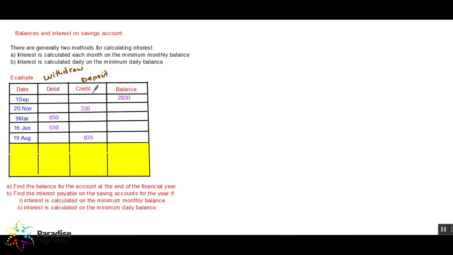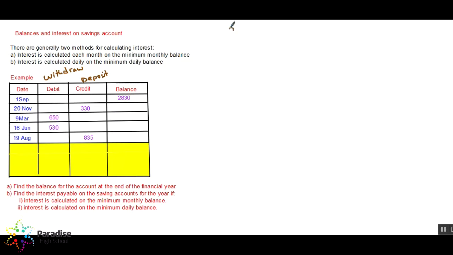In order to answer the question here, this is a savings account. I couldn't erase the lower row, that's why I just shaded it with yellow. There are transactions here in the account. On 1st September, your balance was 2,830, and there is a credit. You withdraw money. And the first question is to find the balance for the account at the end of